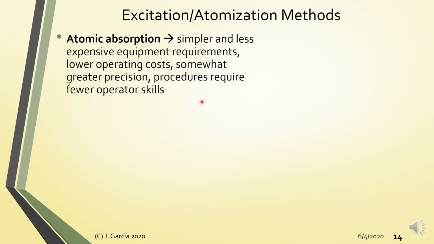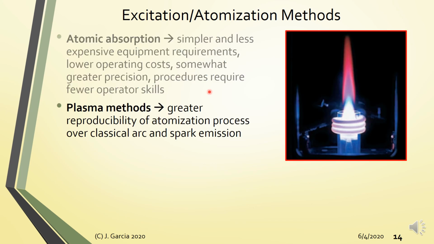So lower operating cost, and somewhat greater precision compared to the other atomization methods, and the procedures that use atomic absorption require fewer operator skills, or lower operator skills. This is in contrast to your plasma methods, such as